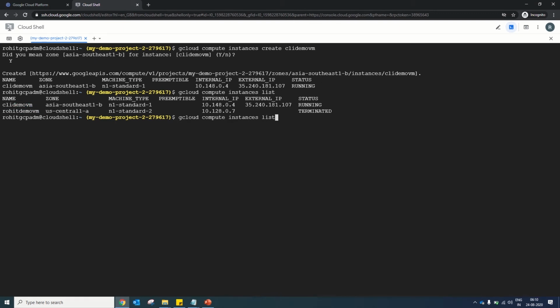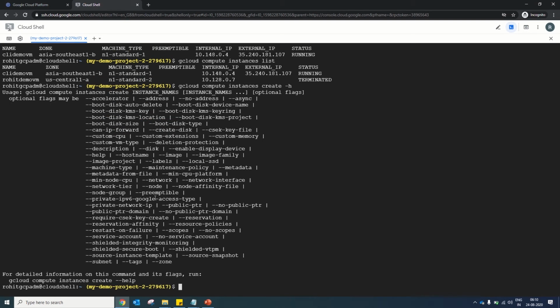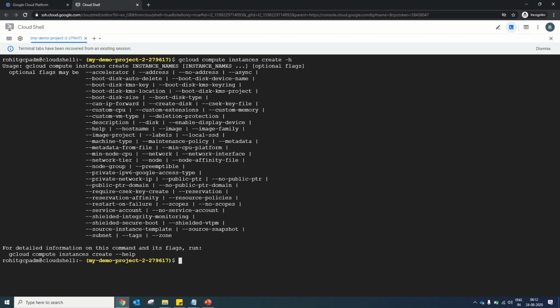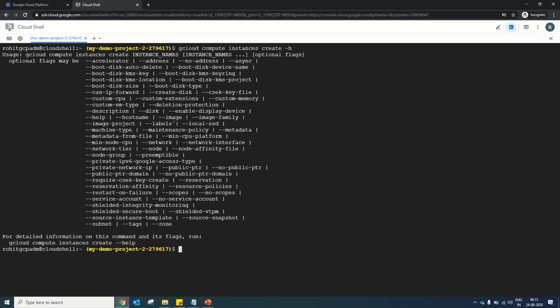Now we'll see the options available with the create command. There is a list of options available by which you pass the parameters and you can configure the machine as per your requirement. Now we will create the machine along with passing the details. For this demo session, we will pass the image, machine type and zone as parameters to configure the compute instance as per our requirement. For this, first we need to list down what all image types and machine types are available. Then we will select the appropriate one for our configuration.